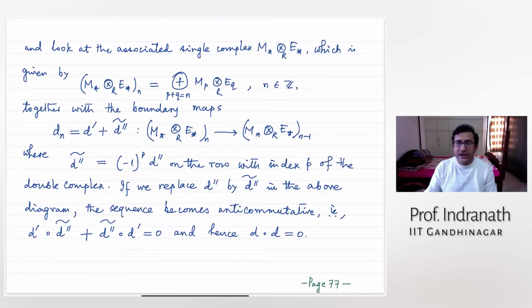This is the way you basically define that at the row with index p, it differs by a sign p. Okay, you will see a similar thing today when we talk about injective resolutions and next. You will see a similar thing, only the difference is it will be with respect to the cochain complexes. So it will be just the dual picture of this. And therefore these are some small verifications. Please do it, that you will be able to show that D circle D is 0.